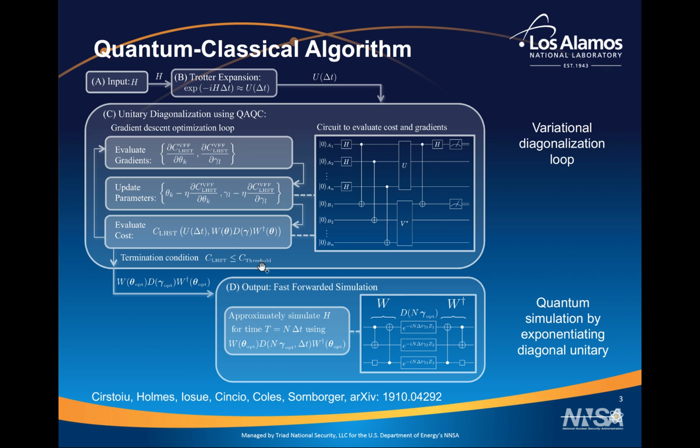Once our cost is down to some threshold, we then have an approximate diagonalized trotterized simulation unitary, and we use that in the way that I said before. By hand, we simply multiply the parameters in the diagonal by whatever number we want in order to get the simulation time that we want, and we have a fast-forwarded quantum simulation that only uses the same size or same depth circuit